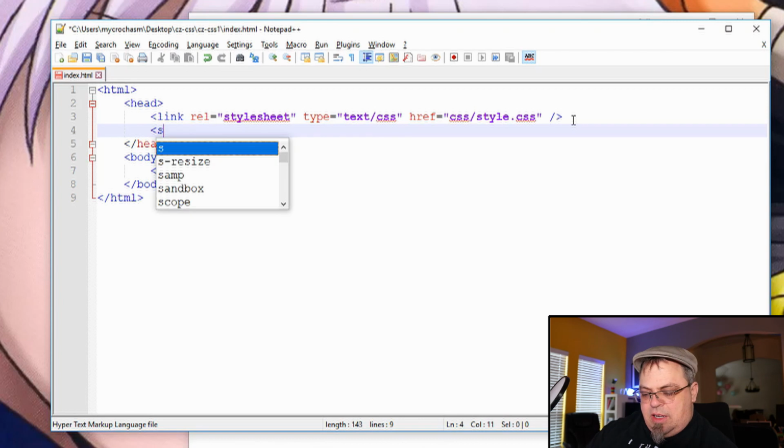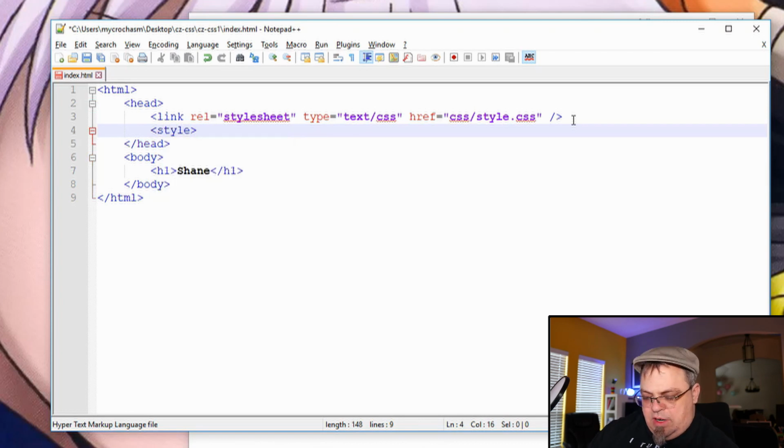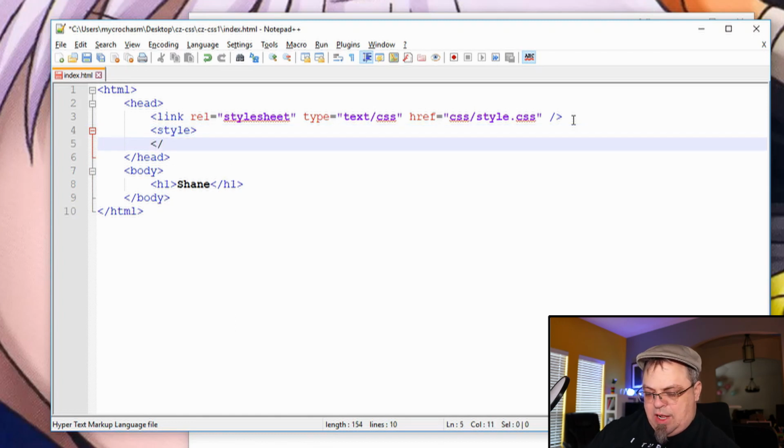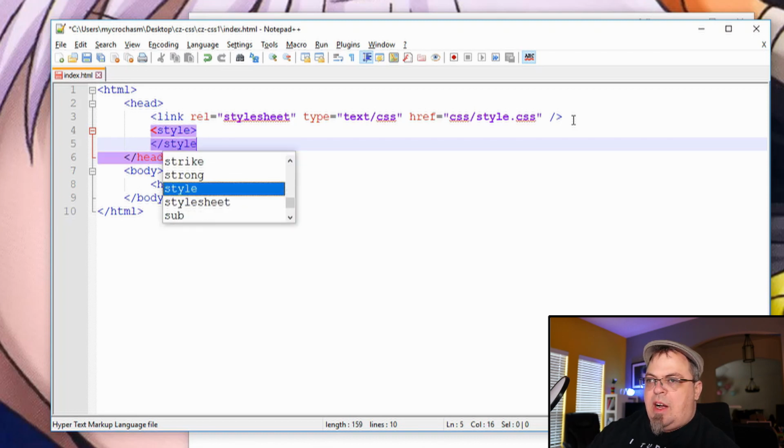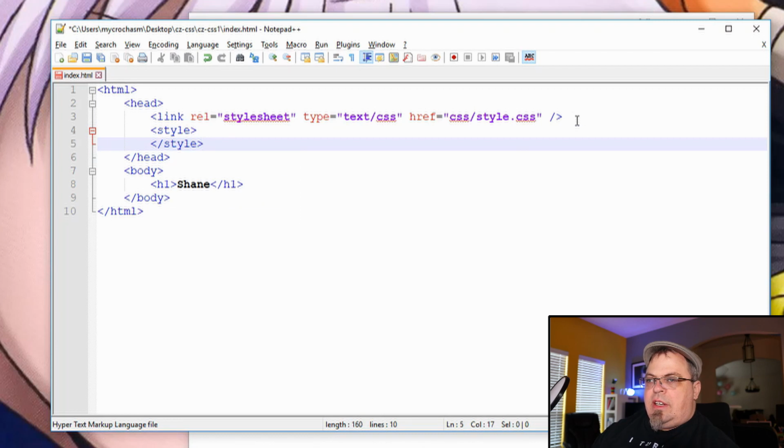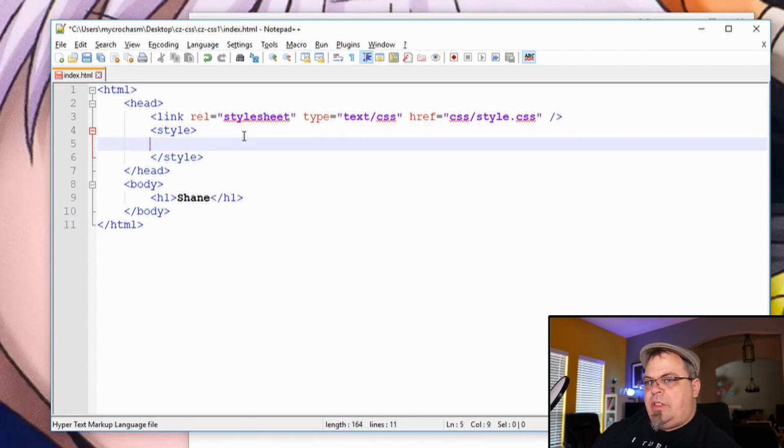So less than STYLE, greater than sign, press enter, less than forward slash, STYLE, greater than sign. I'm going to hit my up arrow key, press enter to go to the middle of that element,